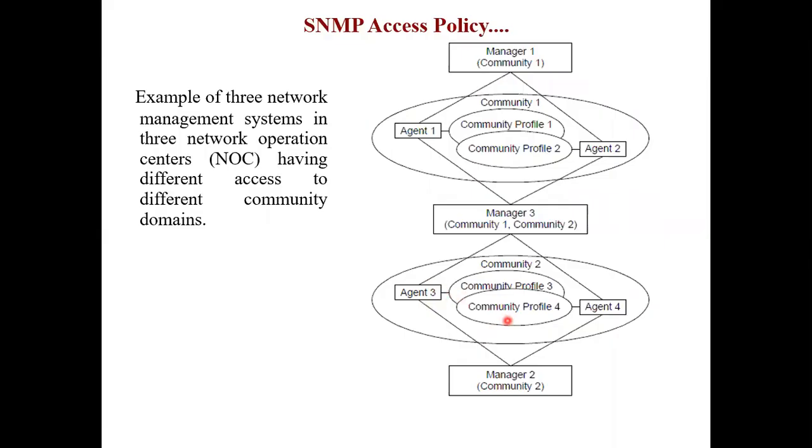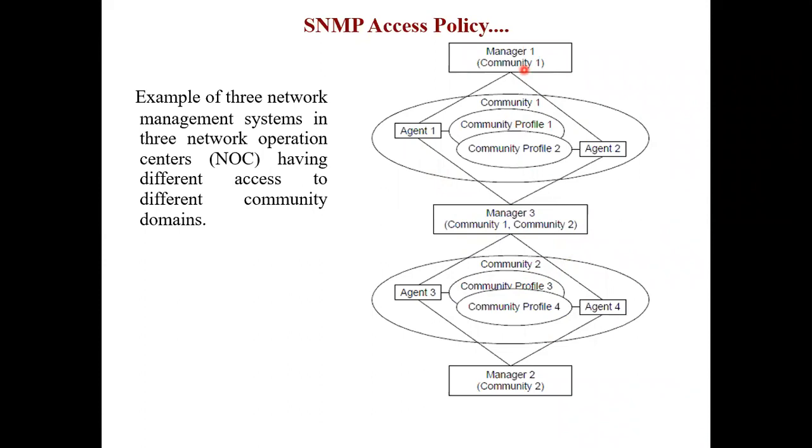Suppose this manager wants to get some data to improve the performance of his network elements or something. Then he might ask this particular agent, but this agent is not supposed to give that data to that particular manager. So this being the central HO, he should get the data from all his branches. Then only there will be a performance measurement of community 1 or domain 1, or domain 2. So every agent, every manager belongs to one community. So a community should have a name.